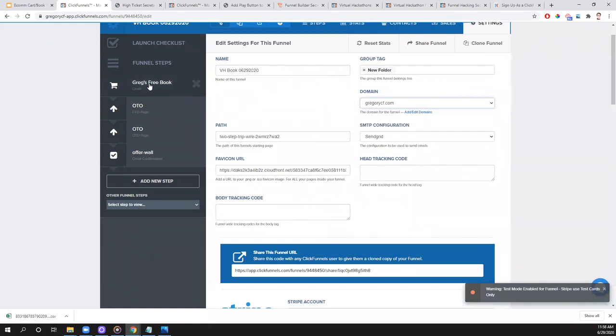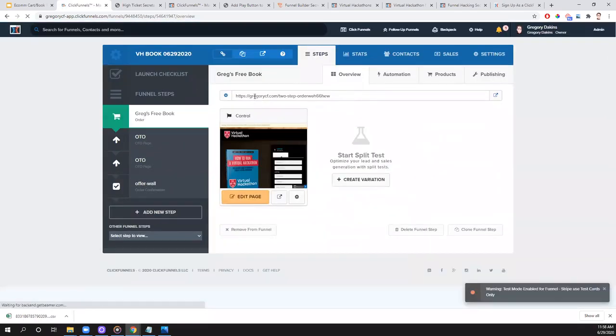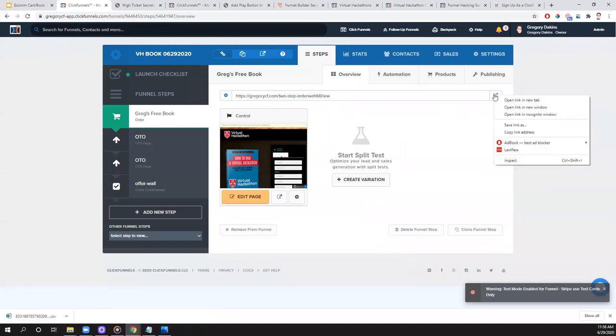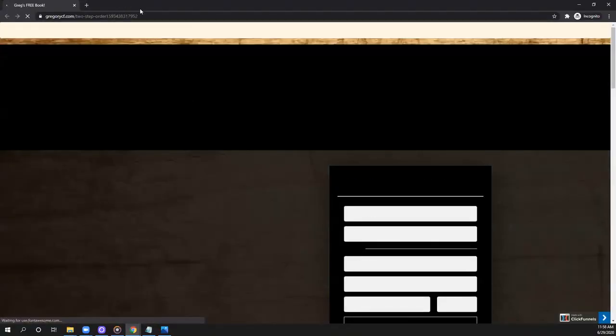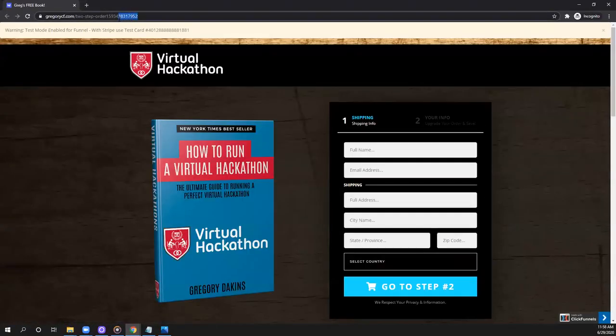So that covers the first part, right? Covers my domain. But then after that, there's something called a path. If we visit this page, notice the path right here ends in HEW. If we visit this page, so just load this up, we see HEW for a second, but then what actually shows up in the browser is 952. If I want to change my path, that's everything that shows up after my domain. If I want to change the path that shows up in the browser,